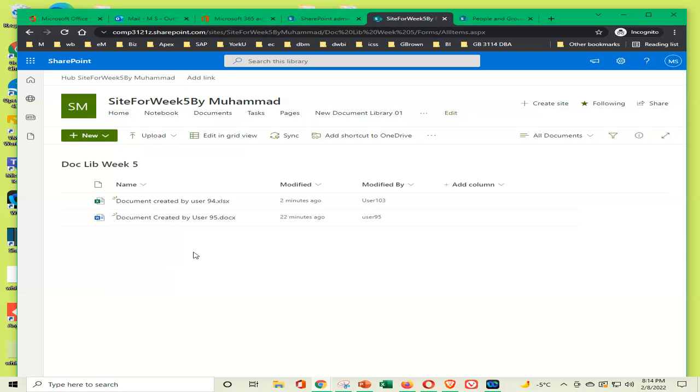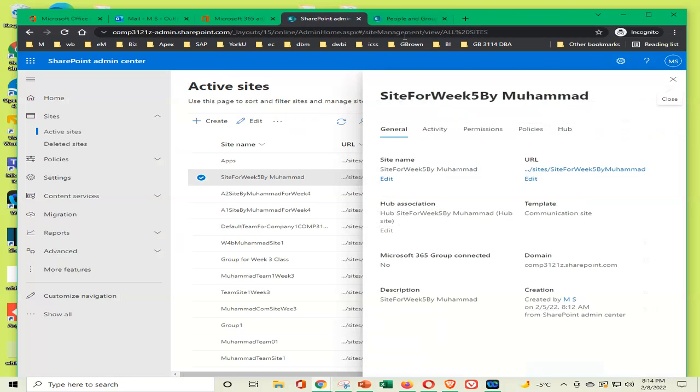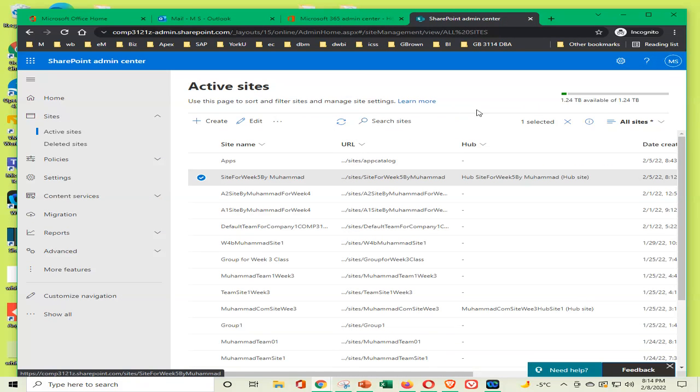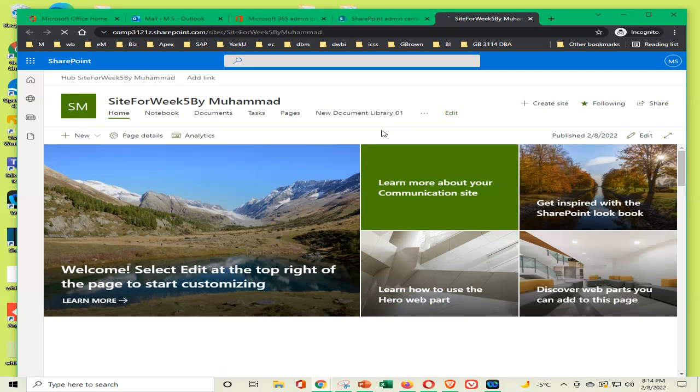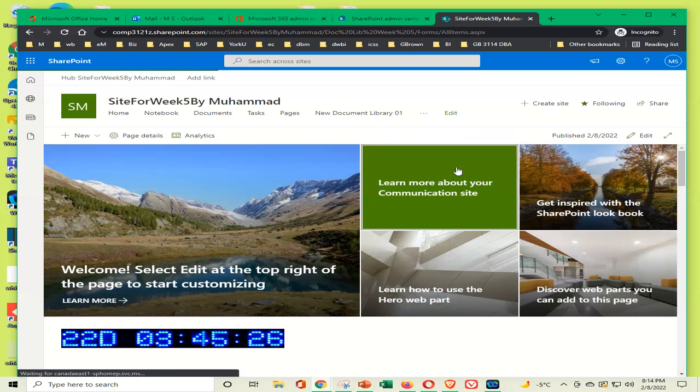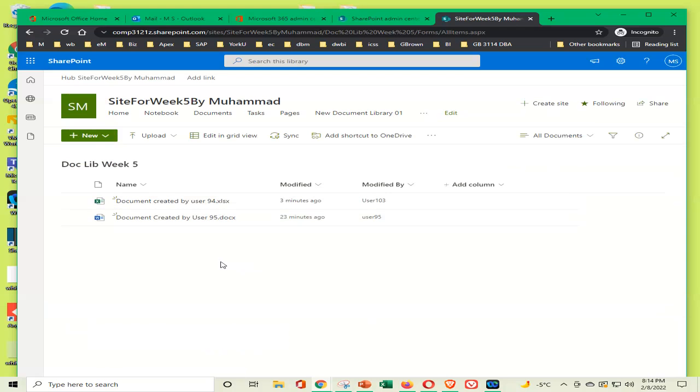Okay, now we will test another group, that is the visitors group only, and we see what type of permissions they will get. So I'll just close this one, and I close this one also. So now I have only this list of the sites. I click on the site once again. Now I'm on this site, and I go to this library, and into the library I can see some